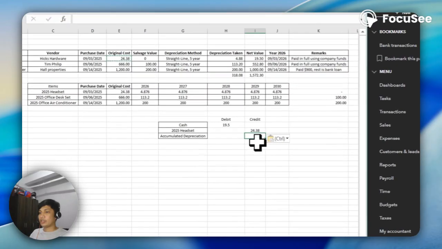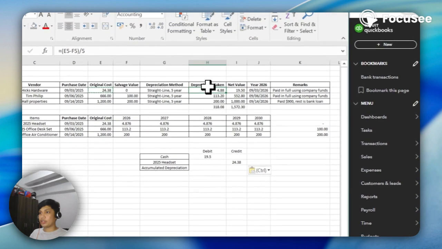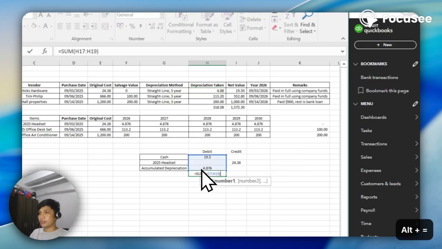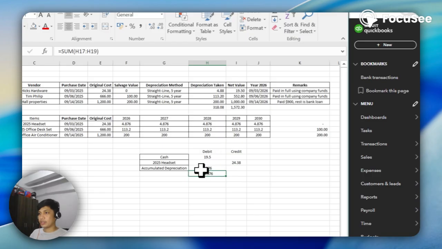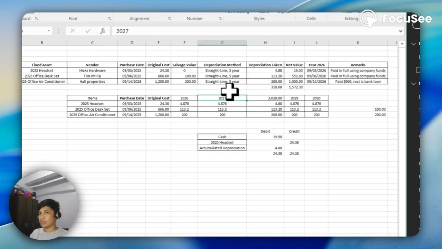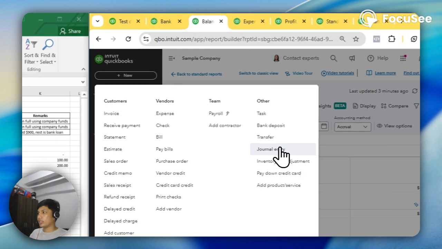And then the accumulated depreciation is 4.88. Let's check if we have balance here. Okay, we are balanced.